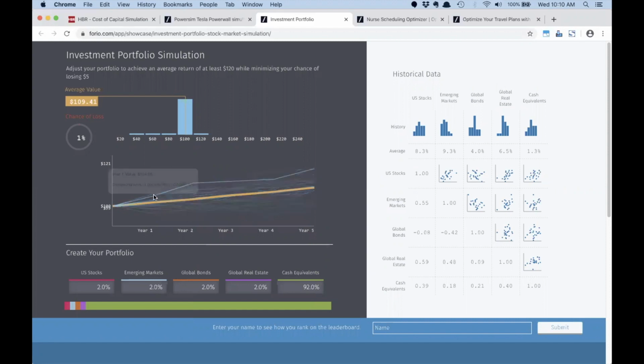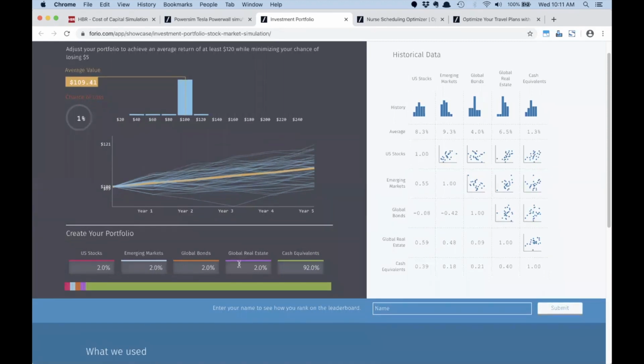Here we can see the outcome of 1,000 runs of Monte Carlo simulation, and it's suggesting something here regarding what a goal is. So this extends it beyond just a traditional calculator into more of a tool that can help us plan for the future. What we can see here is the average value for the portfolio of 9%, and a chance of loss of 1%. That's a very low chance of loss, so that's really good, but not a very good return on that portfolio over 5 years. And you can see why down here in terms of how that portfolio is created,